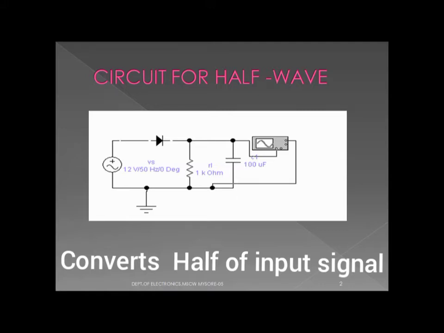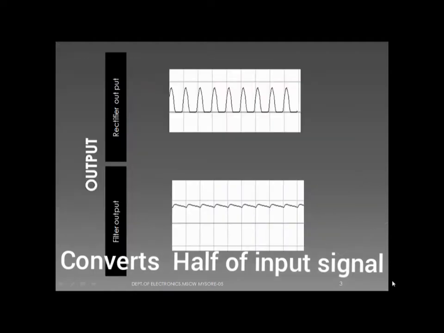Okay, so just let us construct the half wave rectifier circuit using the basic components. Here you are going to see the diode, resistor and the capacitor, and this is the CRO, which you already studied in part 1 of this electronics workbench. Okay, this is your circuit, and next you are going to see the output of this.